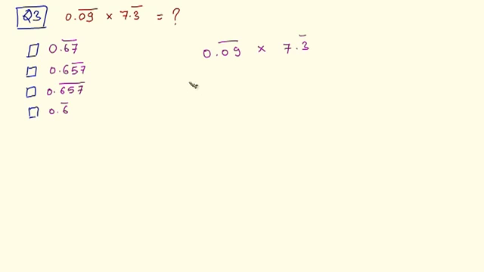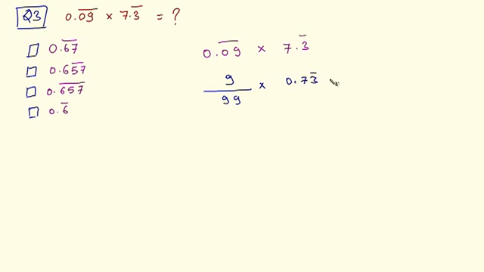Now we have to convert each of these fractions into simple fractions. Well, the number of recurring digits after the decimal point is 2 in this term. So the denominator is 99, because we have 2 digits after the decimal point which are recurring. And in the numerator we write the number without the decimal point as it is. So we have 9 times, we cannot directly convert this, we have to write it as